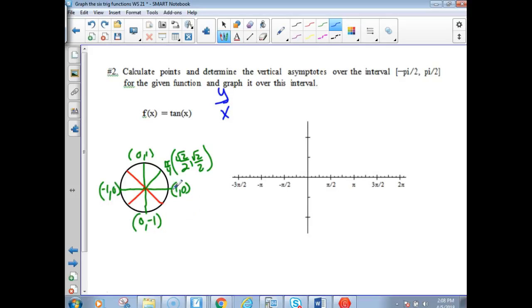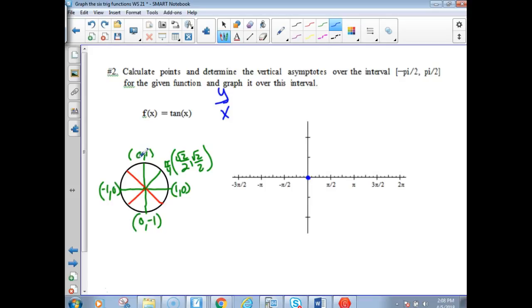What is the tangent at 0 degrees? Well, it's y over x, so it'd be 0 over 1, which is 0. So it crosses at 0. Then let's go up to pi over 2. The tangent would be y over x, 1 over 0, which is